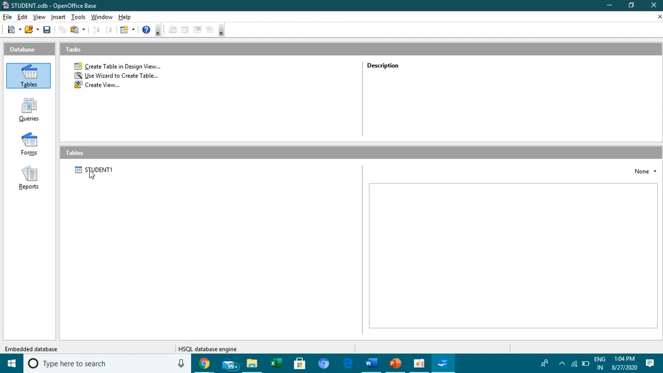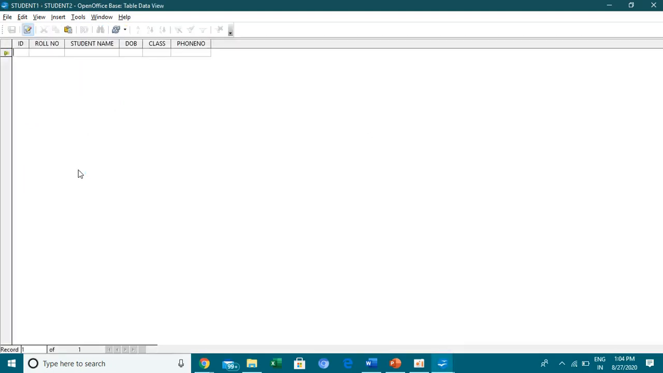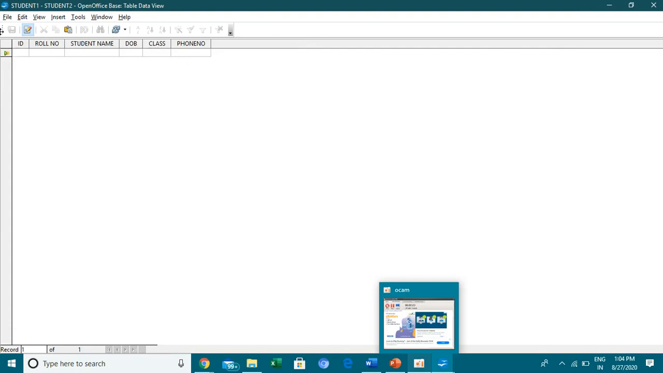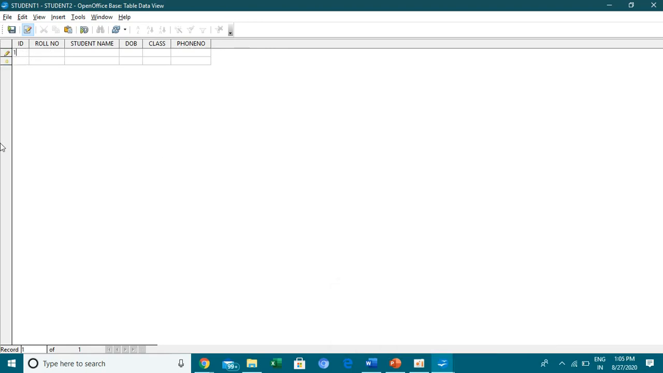Now I'm going to insert some values for this table. How to do this? It's very simple. Just double click on the table name. You'll get a table data view like this. Here you can enter the values for the table. I'm going to give the ID as 1. Then roll number. Whatever roll number you want to give, you can give, 10201. Student name will be